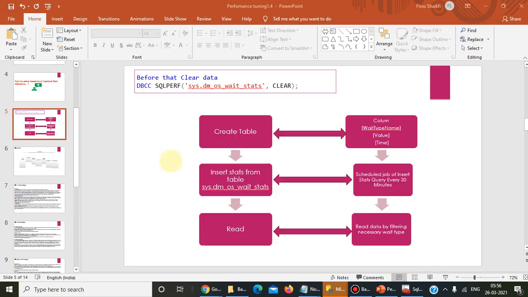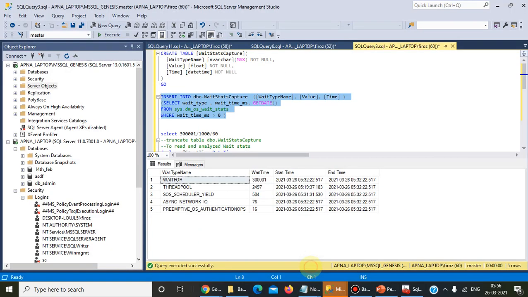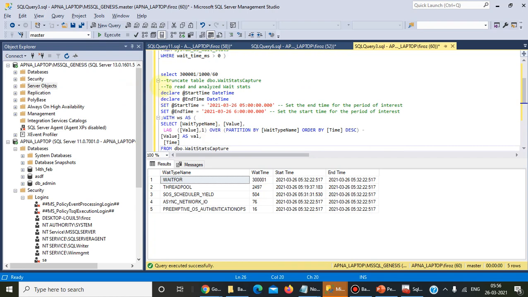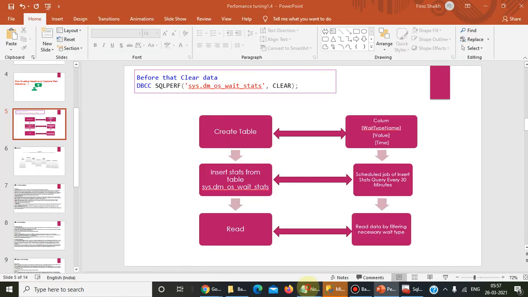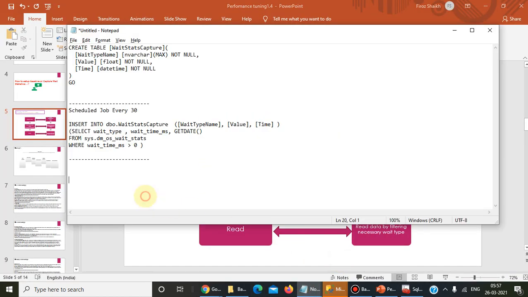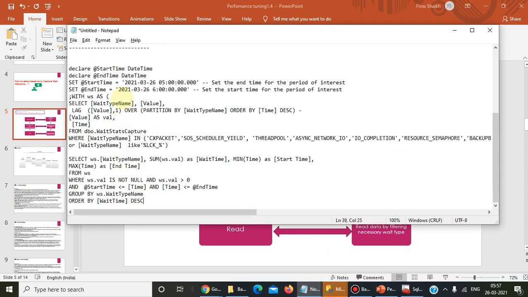After that, for reading that data, we have a start time and end time which need to be decided at the time of analysis.